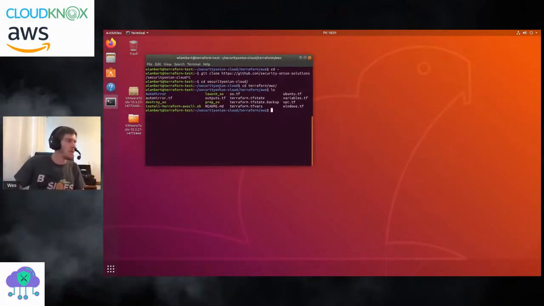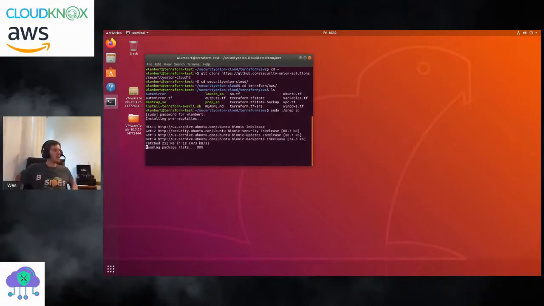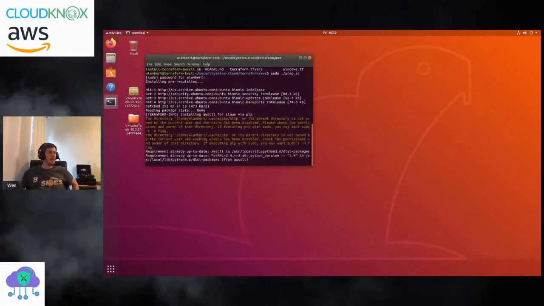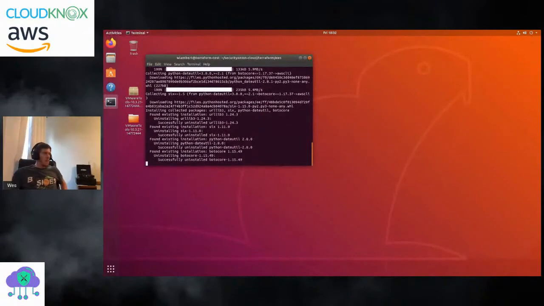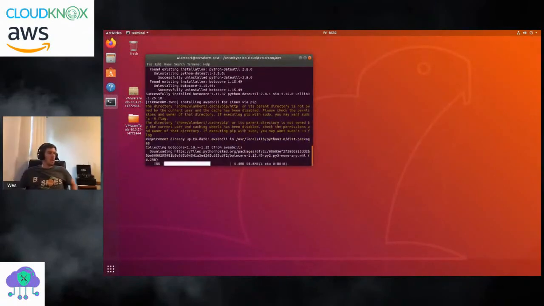What we're going to want to do is populate a few variables that we need. First of all, when you're first installing it, you need to run, obviously, the prep script. If you just clone that, it's going to be prep.so right here. Just do a sudo prep.so and a super secret password. All right, it's going to run through. It's going to install Terraform, it's going to install AWS CLI, it's going to install jq, and just because we like things pretty, it's going to install